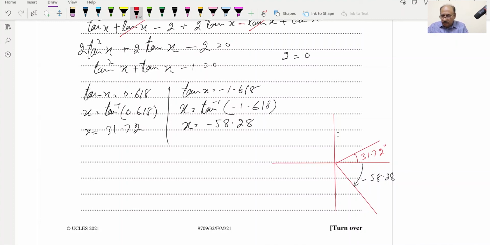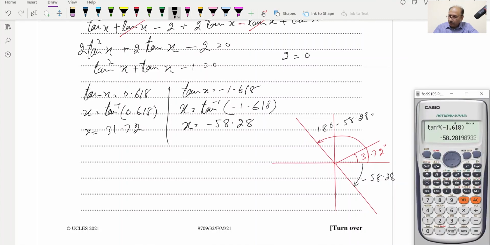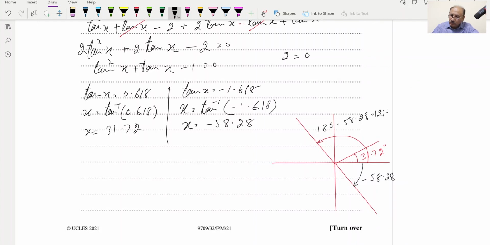That angle we can extend like this, so this will be 180 minus, we can take this angle up to this one, and this angle will be 180 minus 58.28, and this will be equal to 180 plus answer will be equal to 121.72, 121.72. And so this will be the second angle,